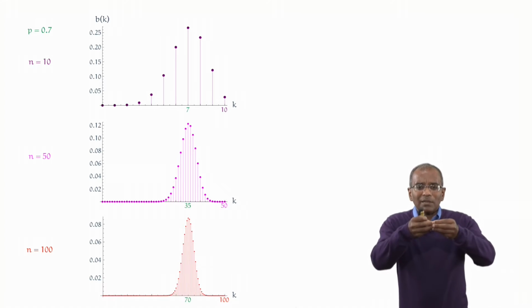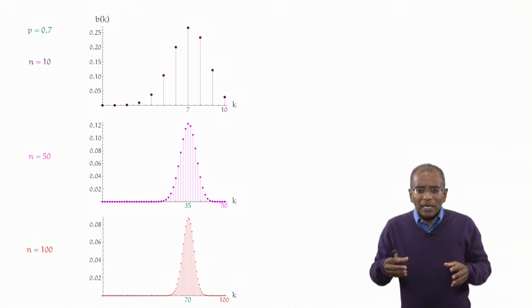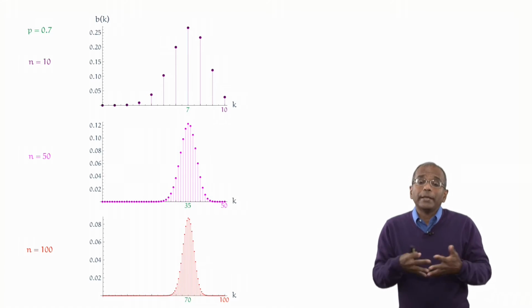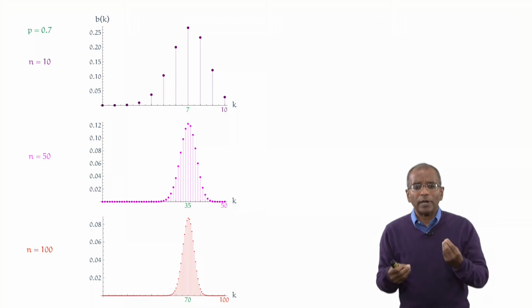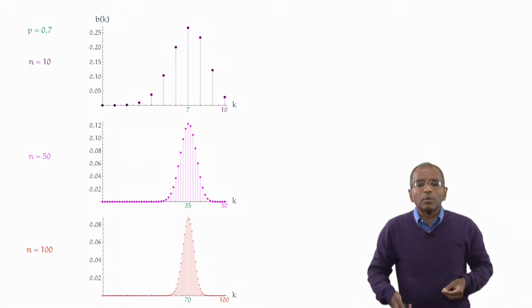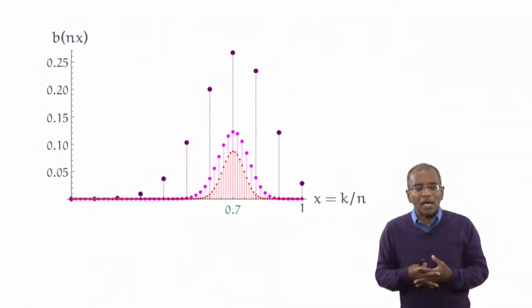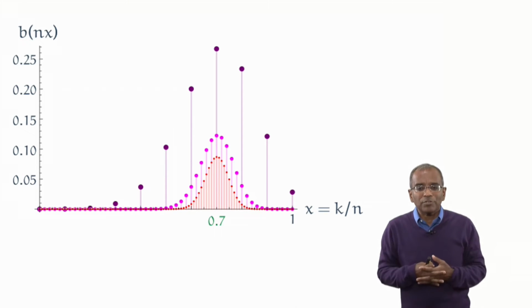It'll be convenient to view this in a common scale. After all, when n is 10, then our x-axis is running from 0 through 10. When n is 50, we get from 0 to 50. N is 100, 0 through 100. To put things in a common scale, divide k, the number of successes, by n. Call that x. So as k runs from 0 to n, k over n, or x, runs from 0 to 1. Now we can plot everything on a common scale from 0 to 1 as a function of x. In other words, if you replace k by n times x, then in each of the three cases, we can allow x to run between 0 and 1 and obtain the various binomial curves.